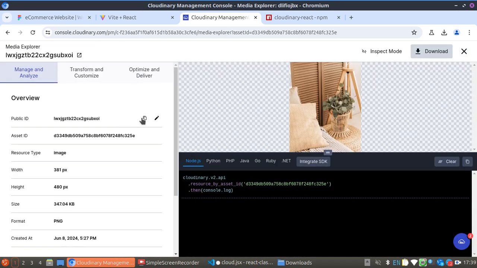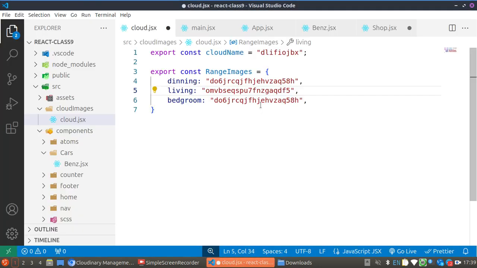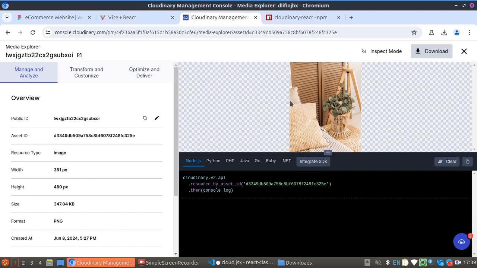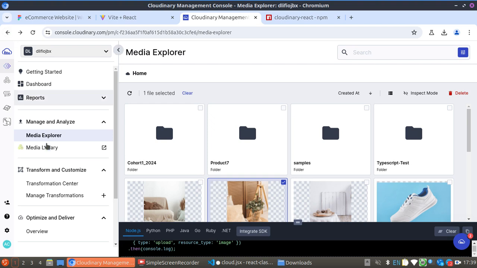Copy the last public ID, which is this. Now if you don't want to use the public ID, I will show you another method which you can use. It can be faster than double clicking, so that it will save your time. The other method is to go to this media library here, and it's going to open all your media files